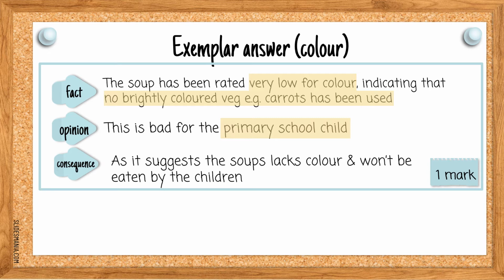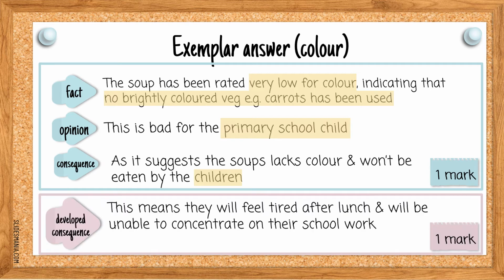And finally, we've given our consequence, explaining why this is a bad thing for the primary school child, as it suggests the soup lacks colour and won't be eaten by the children. And again, we've been specific to the person in the question by stating it's not going to be eaten by the children. And in order to do all of those three things, that's how you will gain your first mark